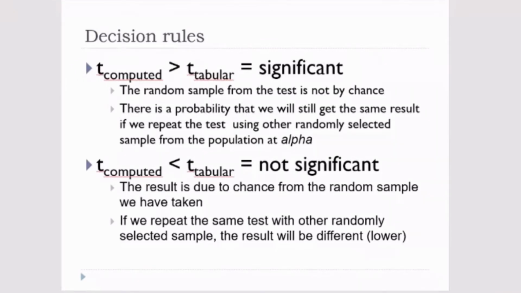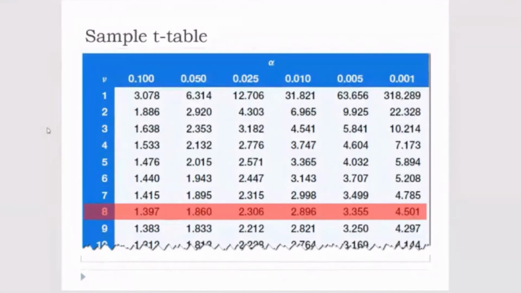So how do we get the tabular value? This is the t-table. If you notice the t-table, there are numbers on the left-hand side, and there are also numbers on the upper horizontal. So the numbers here in the vertical, this is the DF or the degrees of freedom. You remember our degrees of freedom? Yes, sir. Our DF equation is n minus 2. That's number of samples minus 2, so equal to 8. And then the alpha level